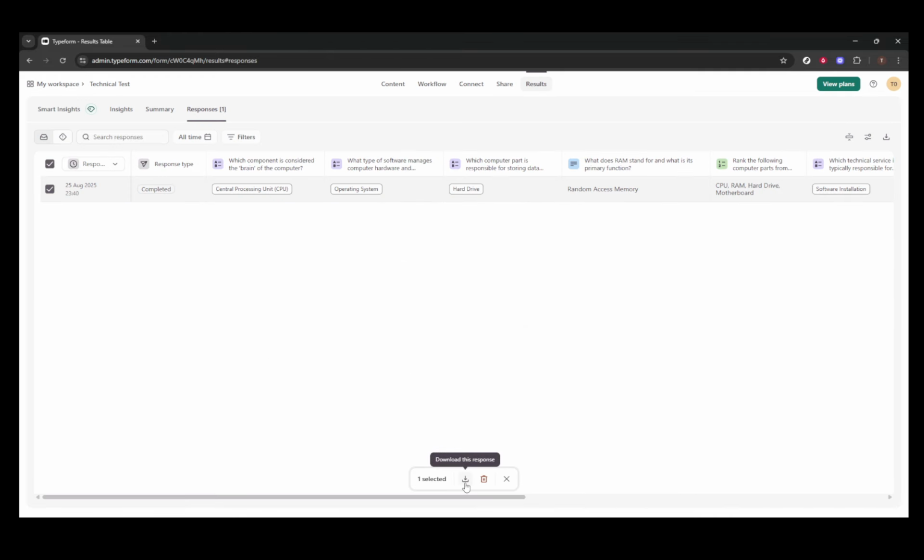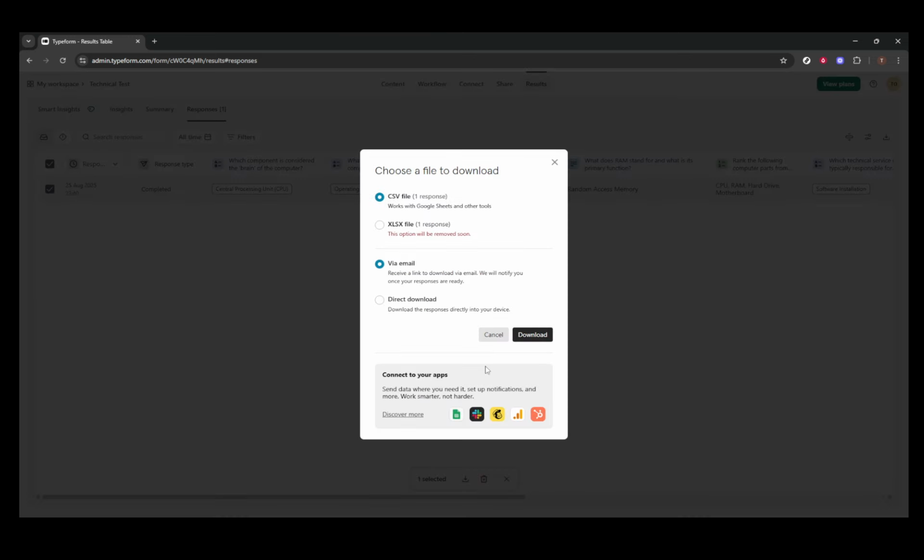Give it a click and a prompt will request you to select your preferred file format. Here, you have a couple of choices. Opt for CSV if you're thinking about digging into some data analysis, as it's compatible with most spreadsheet applications and offers a clean, universally usable format. Alternatively, there's the XLSX format, which is specifically designed for Excel users. Just a quick heads up though, this option is gradually being phased out, so it's possible it won't be around